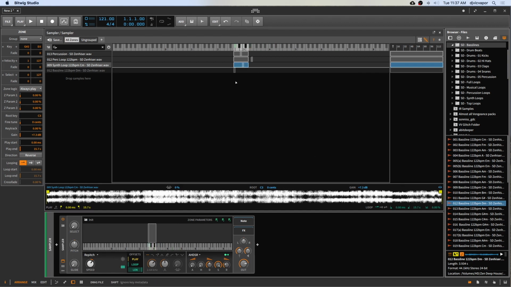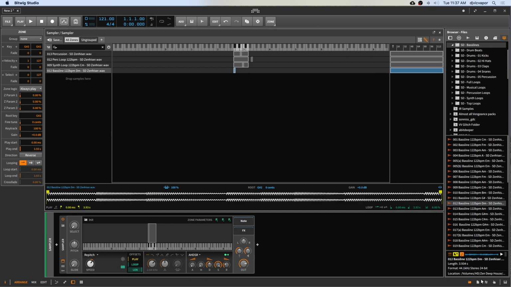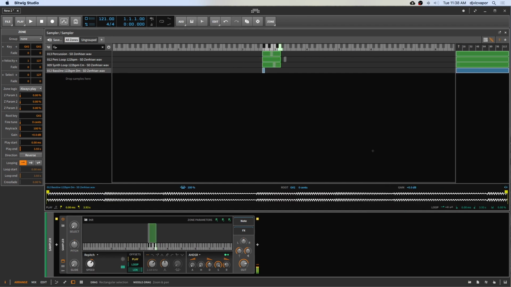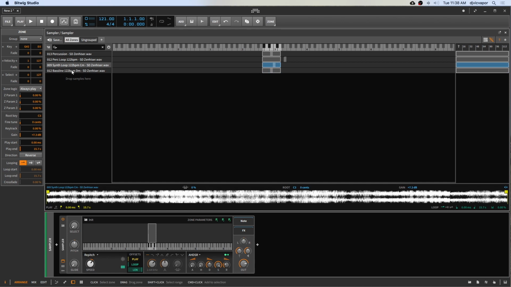I'll bring this guy in here, more of a bass sound. We'll go ahead and make it the same as everybody else. Now you can hear that bass down there. Probably need to adjust this. All right, so we've got a bunch of different sounds here, but let's say we want the bass to play